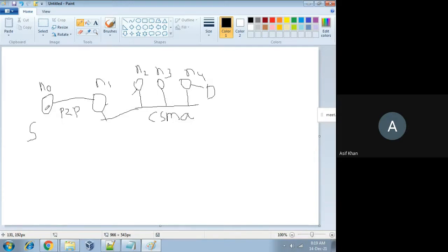First of all, these two nodes will be created, and then this point-to-point channel will be created, and these two nodes will be attached to this point-to-point channel. Then all the protocol stack and NIC will be attached to these nodes. The different parameters of the channel you have to define, and then you have to create this CSMA network. Here you have to create three nodes, N2, N3, N4, and the N1 node you can take from this.